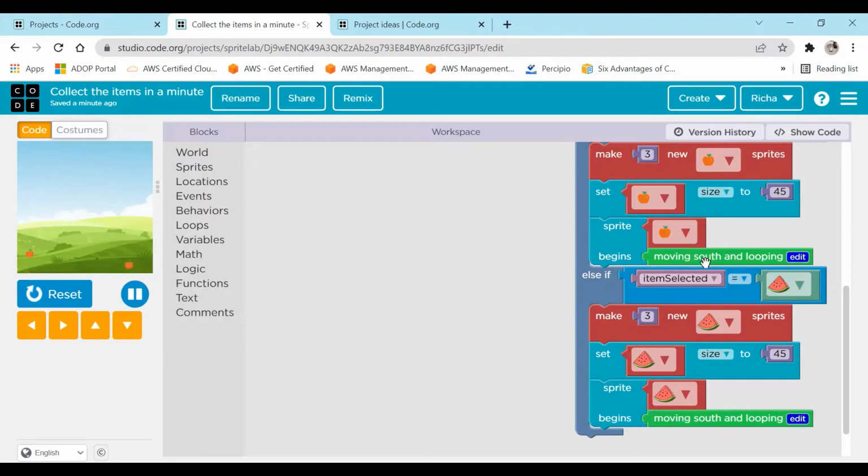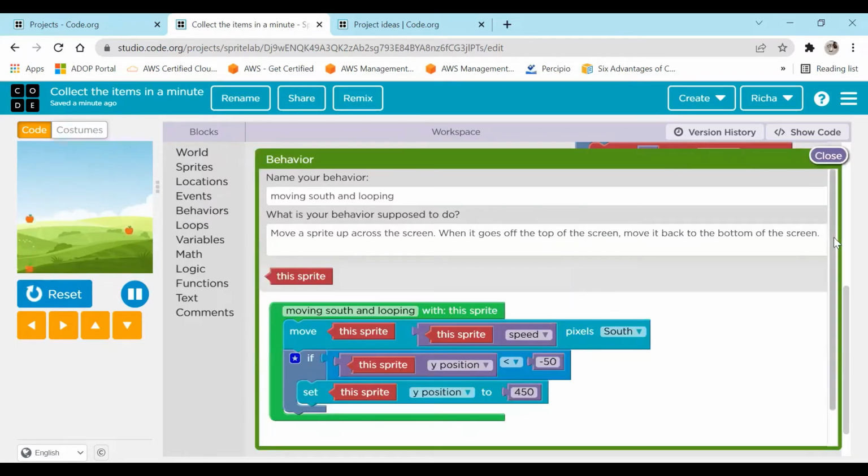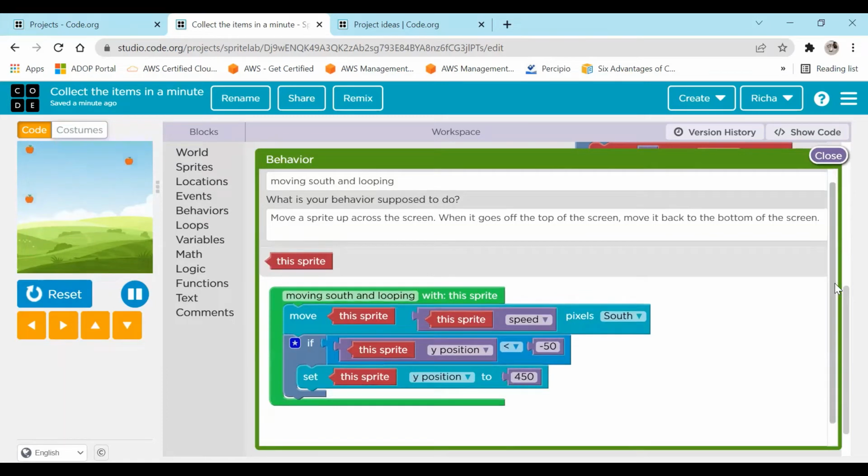We will make a small tweak into this behavior so that when my apple is falling from the sky, every time it will fall from a different X position. Okay. So for doing this, we will click on edit. And if you see this code, what does it say? Moving south and looping. So first thing, we will have to rename it. I will rename it moving south and looping RJ,